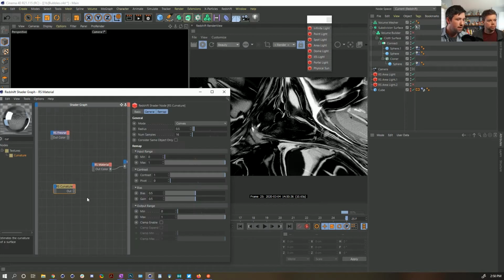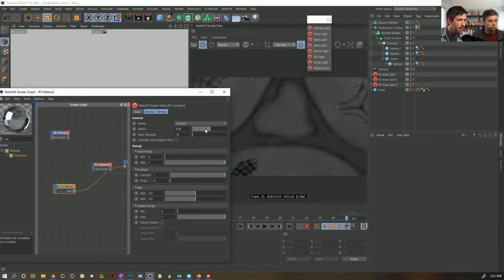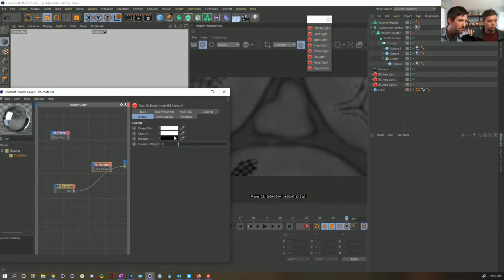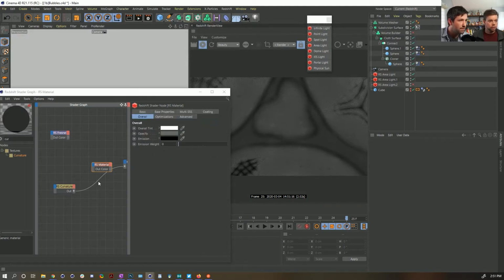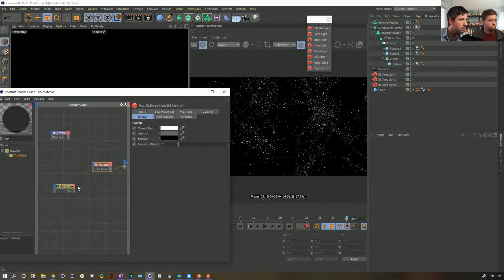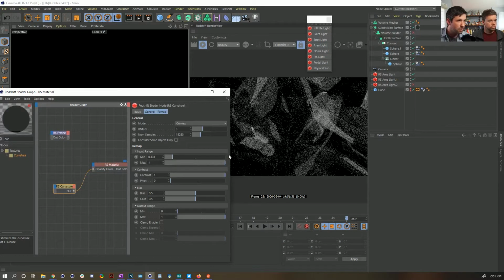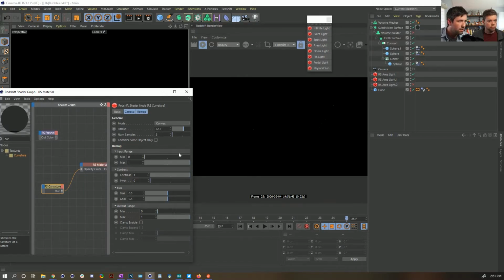So you could actually go in, and I think you'd have to use opacity with this. So if we actually went in here, and maybe we drove this with some kind of a hotter... Oh no, it's kind of working. If you actually drove this with opacity more... Is it physically correct? Probably not, but I've done some stuff really similar to this recently. I would have to plug this into opacity. So you'd plug this into your opacity level, and then you could actually start to drive connections more. This might work better with a luminance texture just because I think these samples are super high. But yeah, now you could actually start to